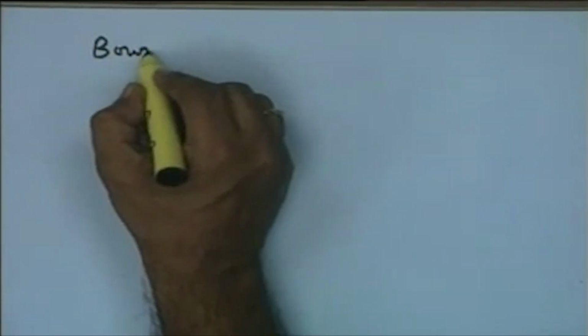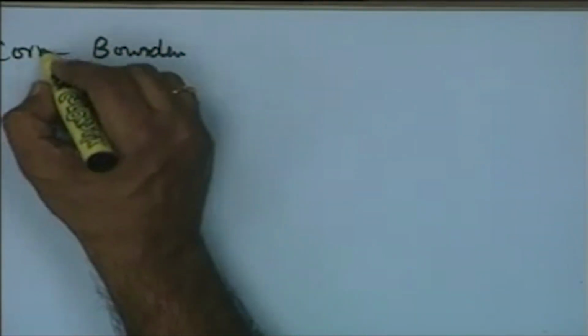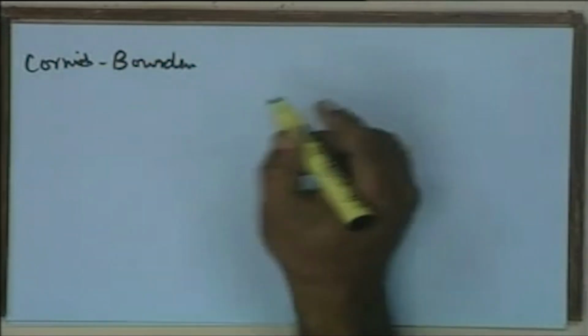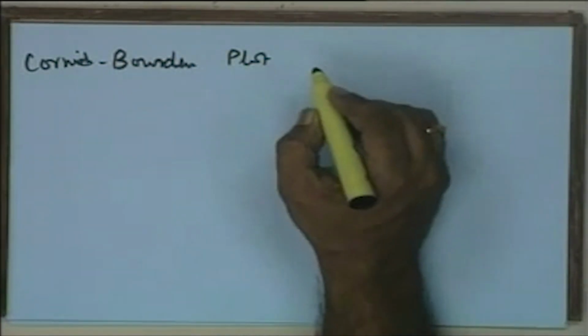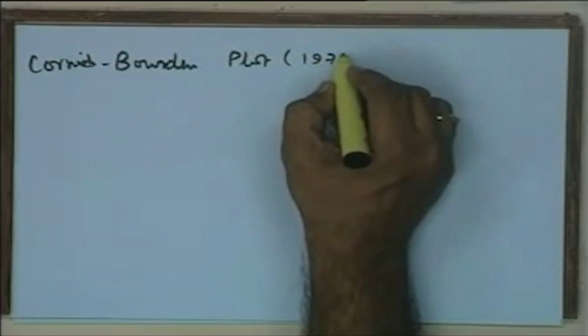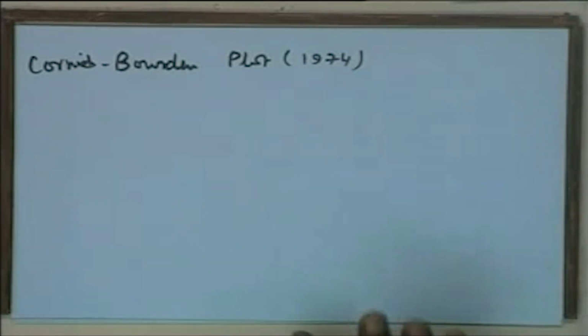In fact, to take care of that, another important plot which was proposed not very late, it was in 1974, that Bowden plot, or rather Cornish-Bowden plot. It was developed by two gentlemen. Cornish-Bowden plot was developed in 1974, as late as 1974, and this had a characteristic feature in the sense that if you write the Michaelis-Menten equation